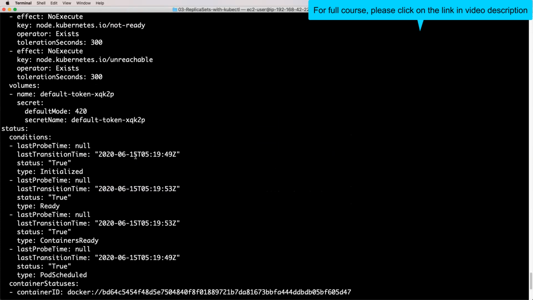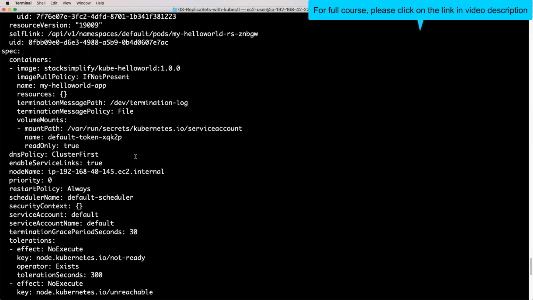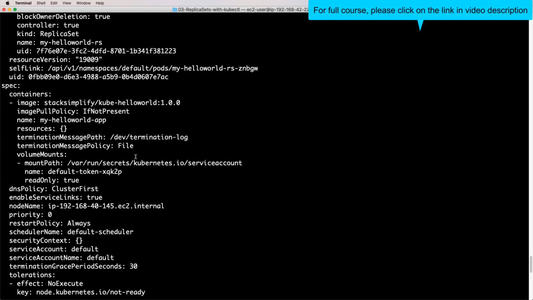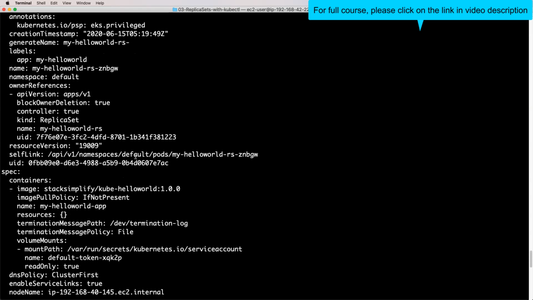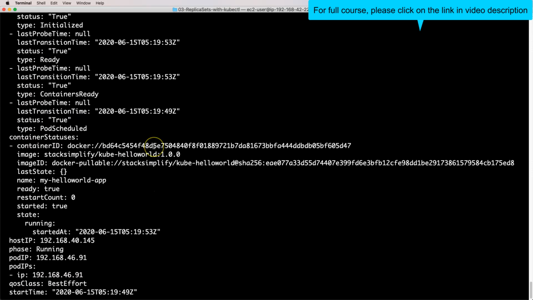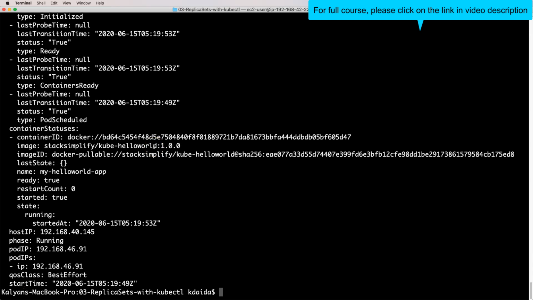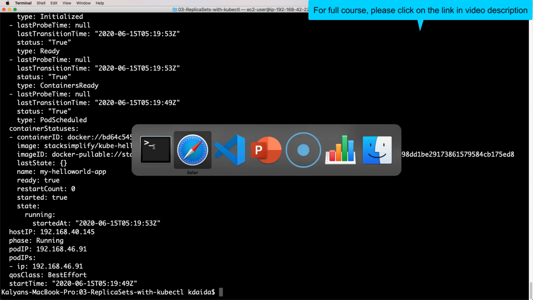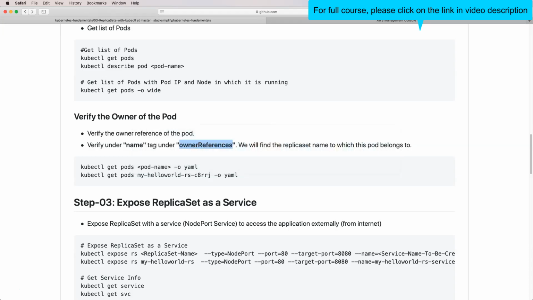We can see the name here, which is my hello world rs, the replica set. In simple terms, this pod belongs to that respective replica set, which you can find using owner references.